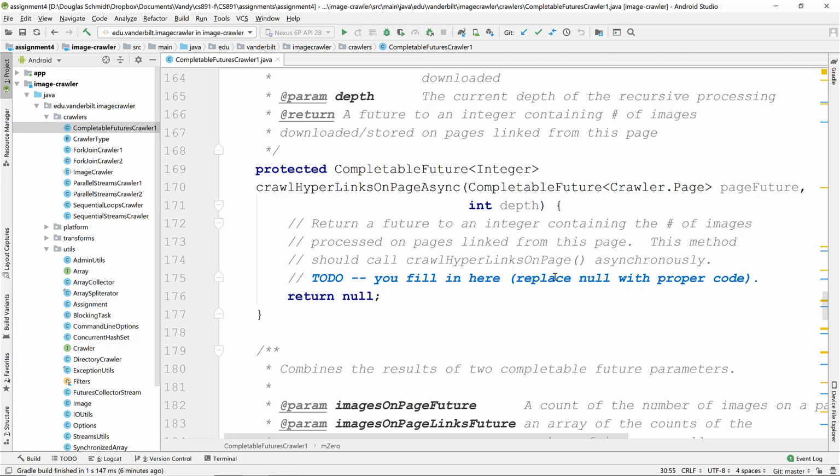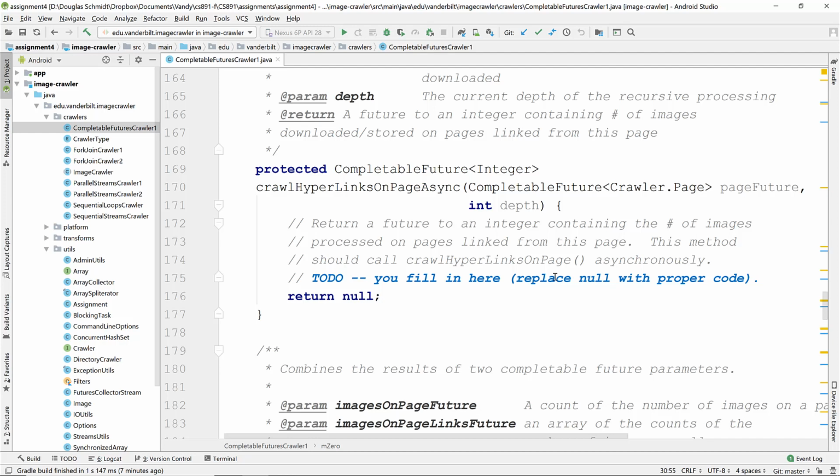And so what you'll do here is when the page future is triggered, then you will go ahead and call another asynchronous completion stage method to crawl the hyperlinks on this page, which is a synchronous call, which you can see a little further down below. And that, of course, is called in the context of an asynchronous completion stage method, so that the whole call will run asynchronously. So this will asynchronously and recursively crawl through all the hyperlinks that are accessible from this particular